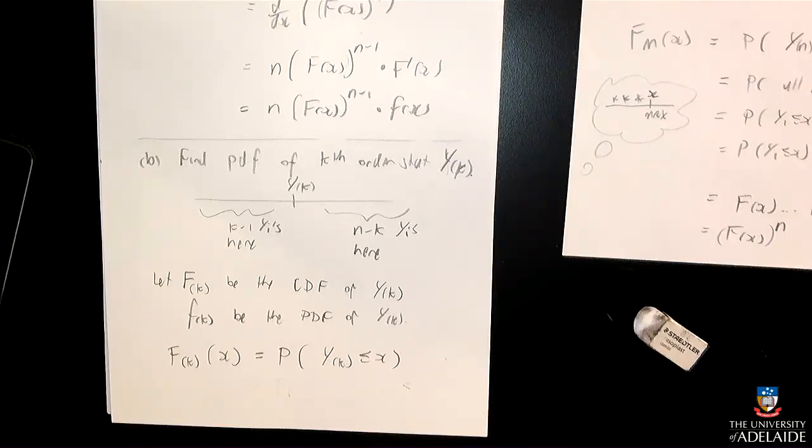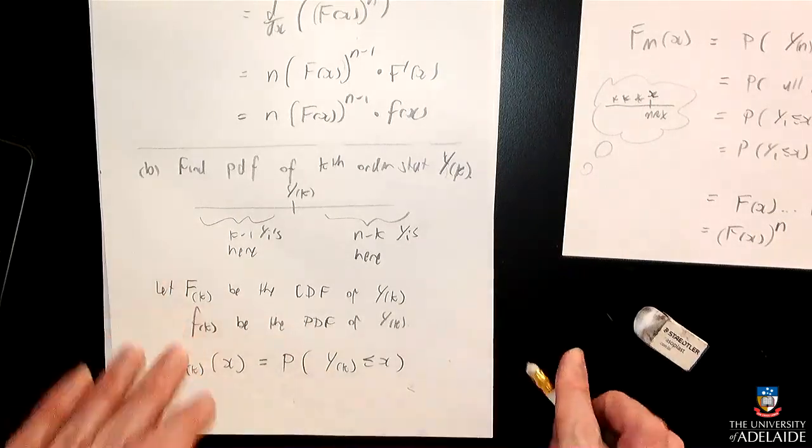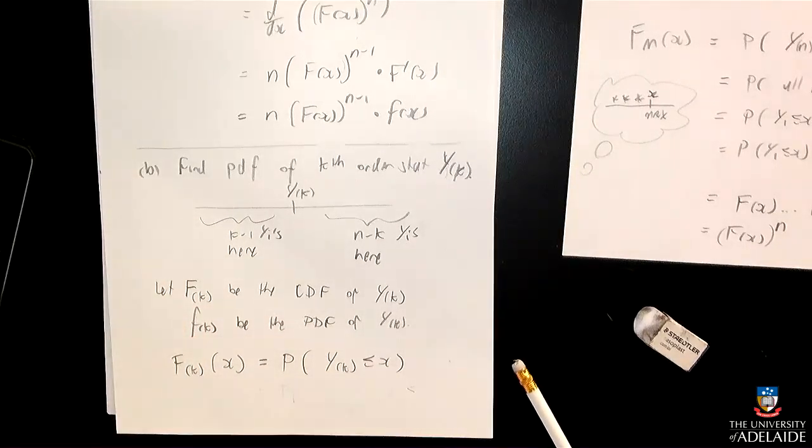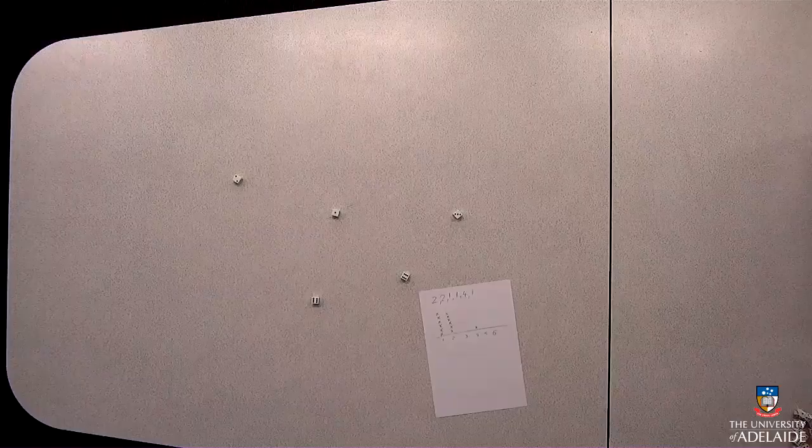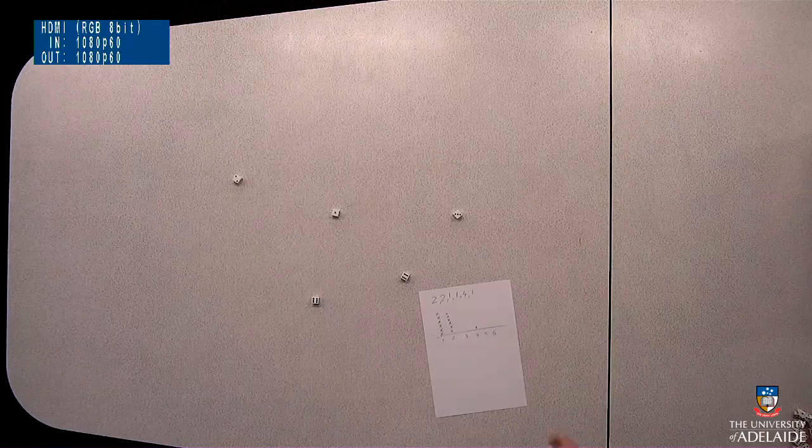to x. Like if you wanted the third one to be greater than or equal to 5, then if all except 2 of them were less than 5, then the kth one couldn't be greater than 5. Like the third one couldn't be greater than 5. Like, so with my 5 dice, if all of them